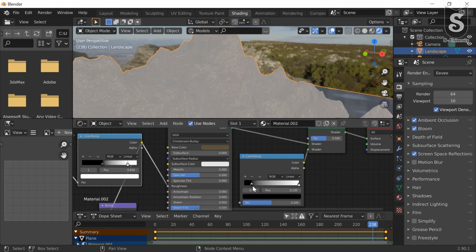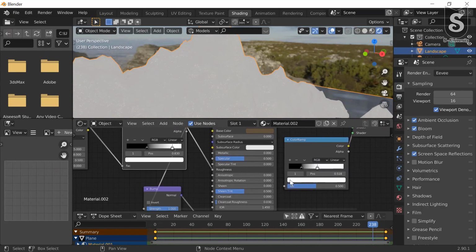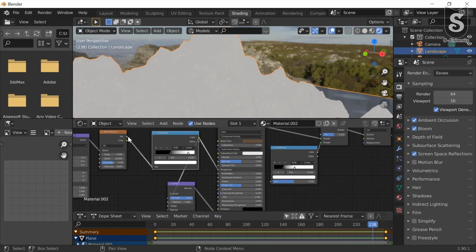Adjust color ramp. Now connect noise texture to our second color ramp. Now adjust its value.